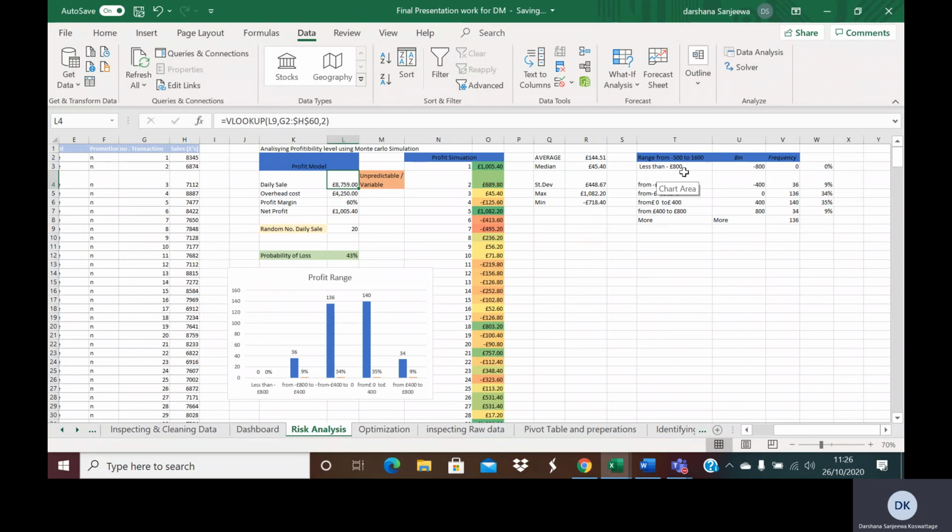Less than 800, lost, and the other one is from minus 800 to minus 400. How many chances can we have of the frequency of having minus 800 to minus 400? The next one is from minus 400 to 0, so the frequencies are here, and the other one is from 0 to 400, which is a profit. Then the other one is 400 to 800, the chances of